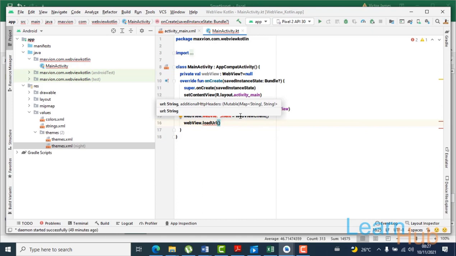So here you input the website you want to convert into an app.